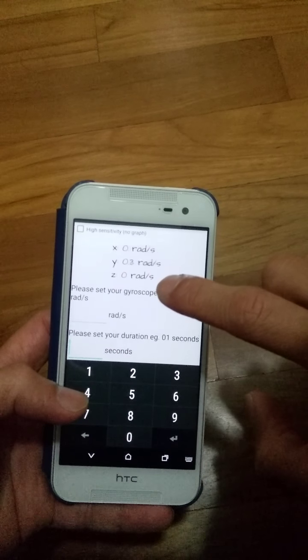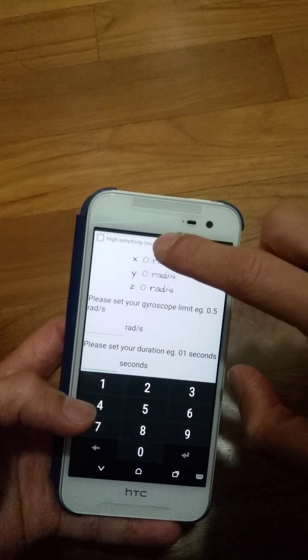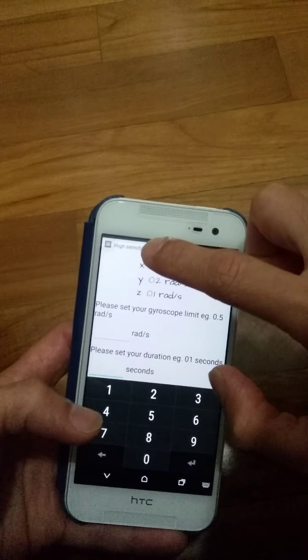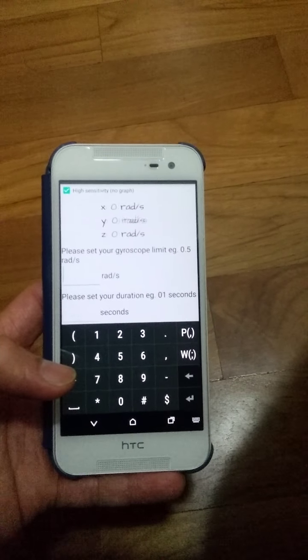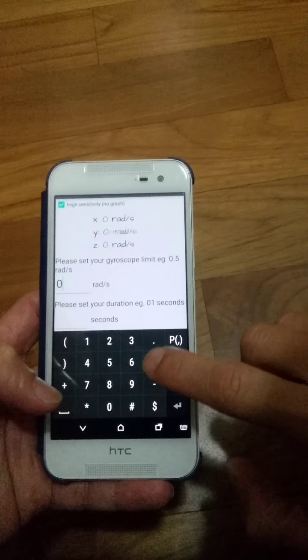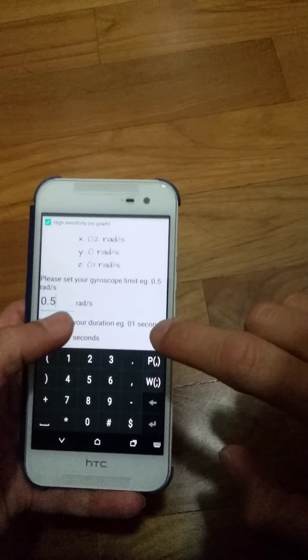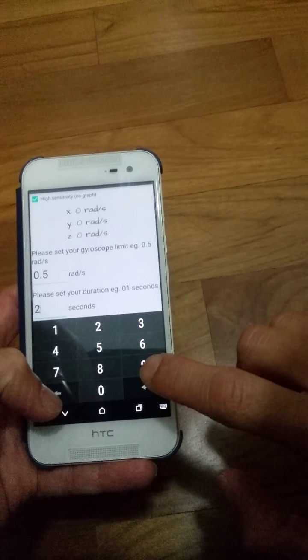You can look at X, Y, and Z as usual here. Now there is a function here where you can click high sensitivity, which has no graph functions. This will allow the app to measure at 1 millisecond intervals. So in this case, let me put at 0.5 and let's measure, say, at 20, or maybe let's make it 10